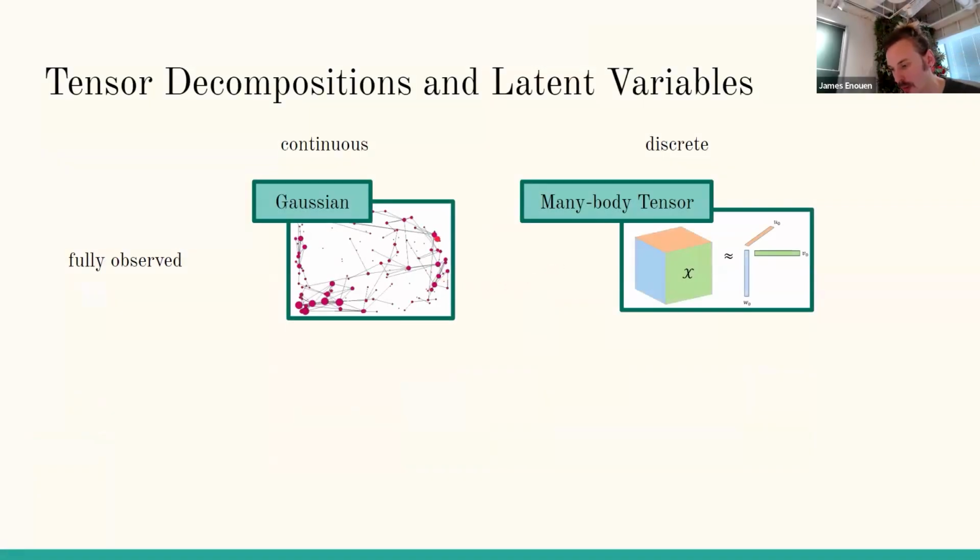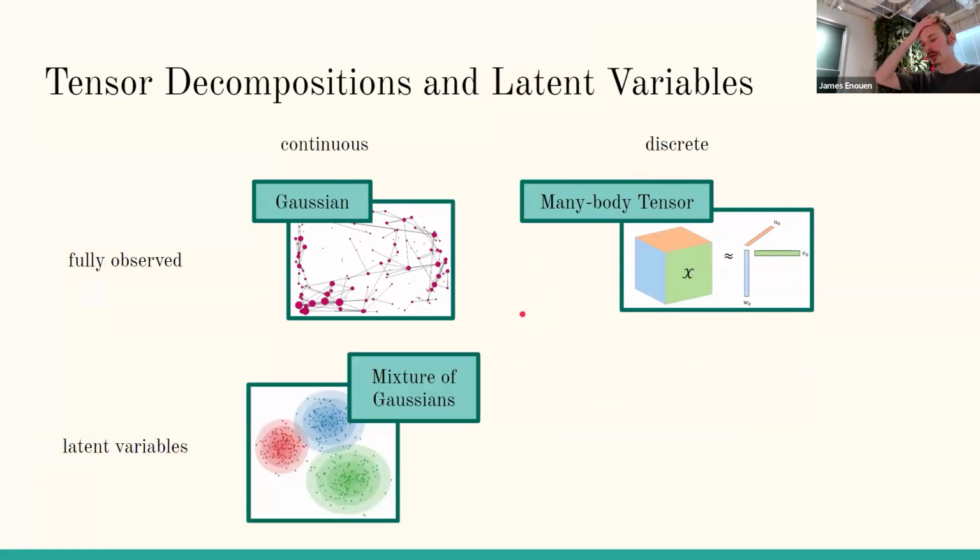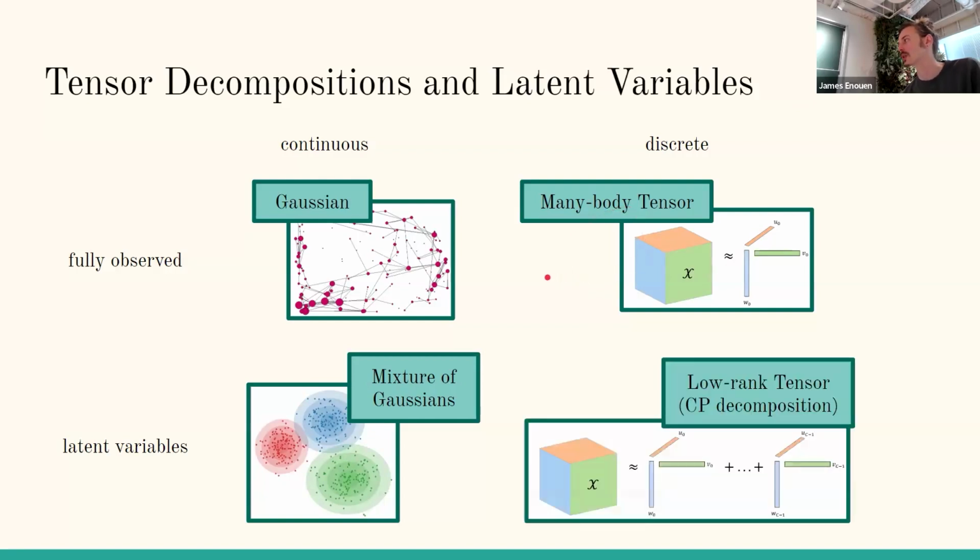All right, I'll try to just quickly wrap everything up. So there's Gaussian decomposition and what we looked at today, which can be thought of as many-body tensor decomposition. But then we could be interested in latent variables, which can quickly expand the capacity. So Gaussians are simple models, but when we do a mixture of them by some latent, we can get a very significant increase in the modeling capacity. And there's recently been some connections with the same ideas for many-body tensors to the more typical tensor decompositions, such as low-rank decompositions. And that's actually some active and ongoing work here at Regen.